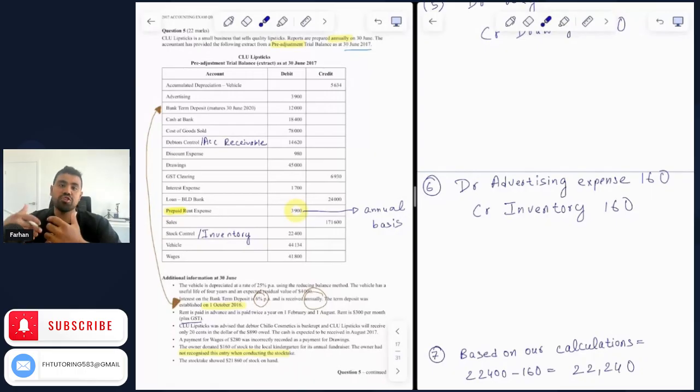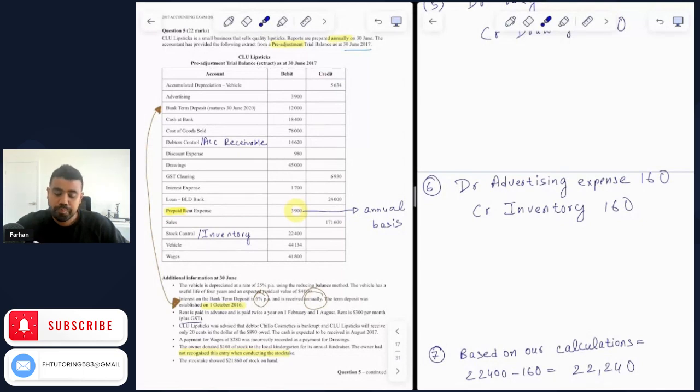This donation is not just a gift. It is a gift, but obviously people will know that this business has donated such stuff. So there is this purpose of advertising, because whatever inventory the owner was able to donate, the owner is able to write that off for tax purposes and reduce taxes when the tax obligation comes with the ATO. So we need to treat this donation that has been made by the business